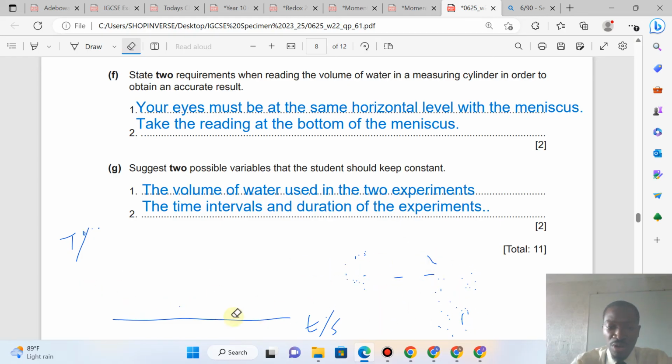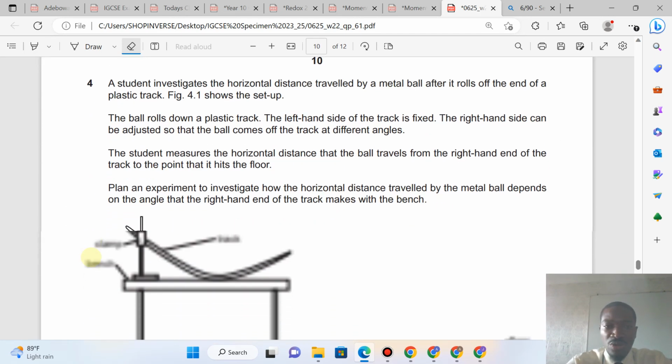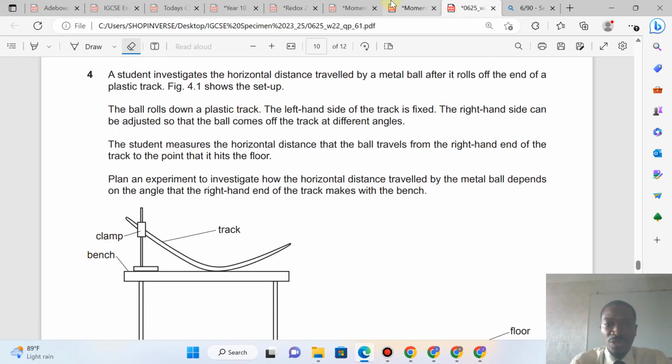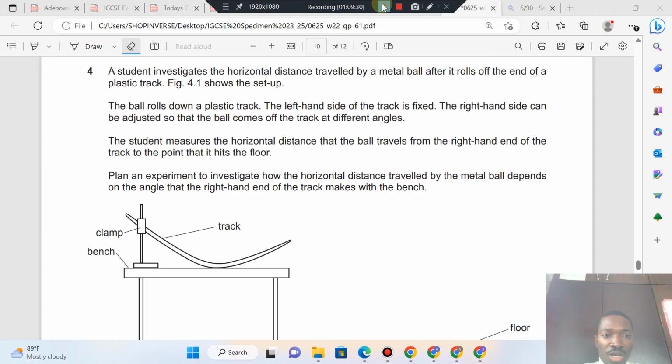Question 3, now we are going straight to question 4, which checks your ability to plan an experiment. Yeah, so now we are going to question 4. Question 4. A student investigates the horizontal distance traveled by a metal ball after it rolls off the end of